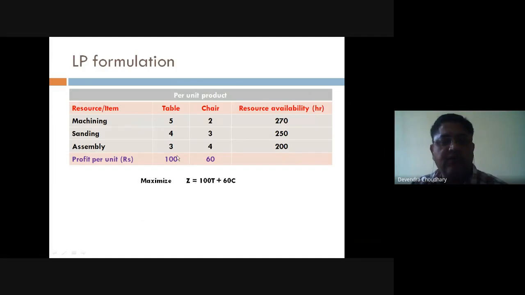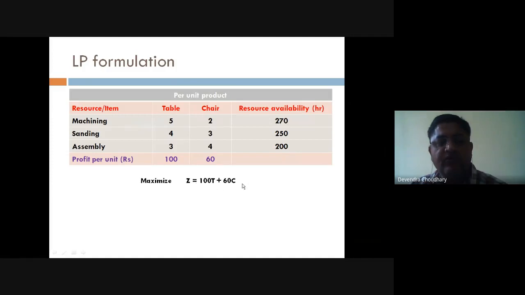So here the profit per unit table is 100, and if we are producing T tables, then total profit would be 100T. And profit per unit chair is rupees 60. And if you are producing C number of chairs, then the profit would be 60C on chairs.